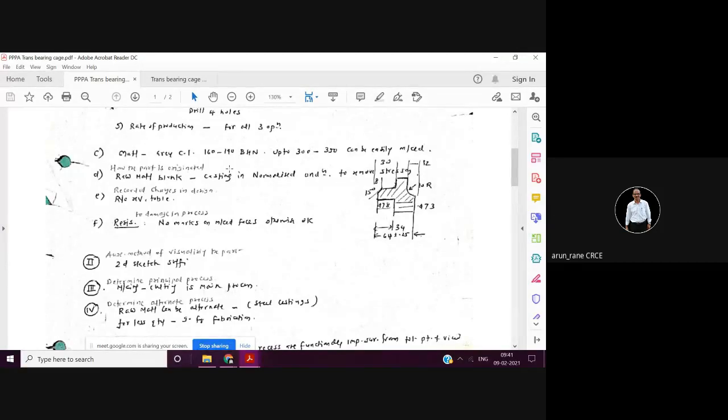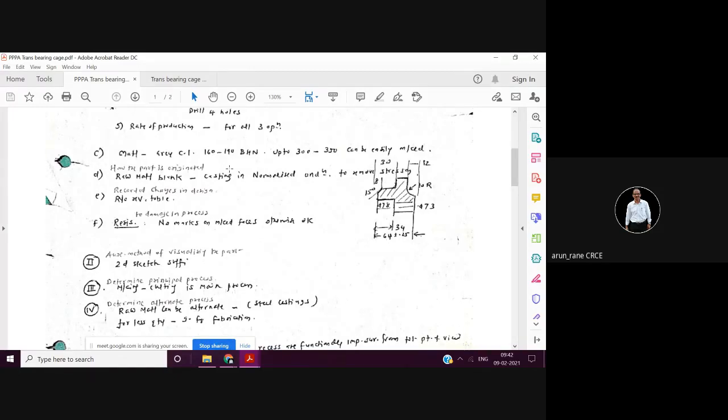Principal process means the process such as turning, gear hobbing or drilling. Suppose there are say 100 holes in this product, then drilling would have become the principal process, where the maximum time is consumed. That is your principal process, and basic process means the process which gives the shape to the product.